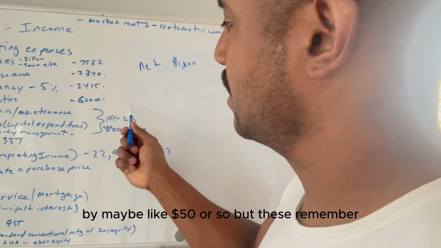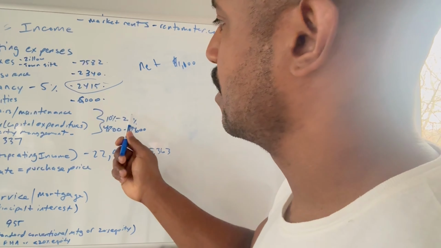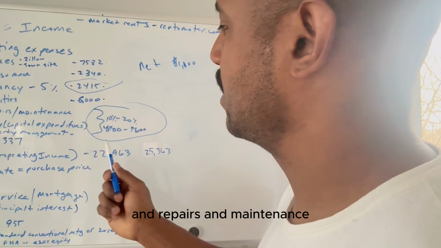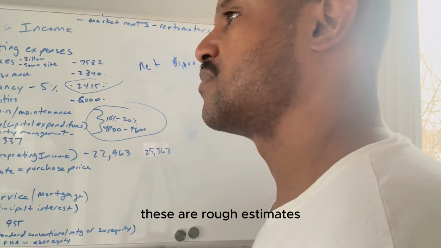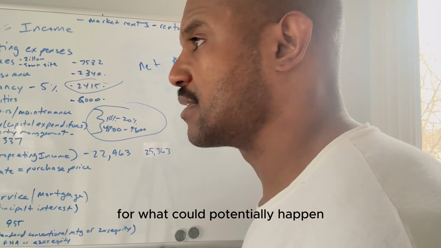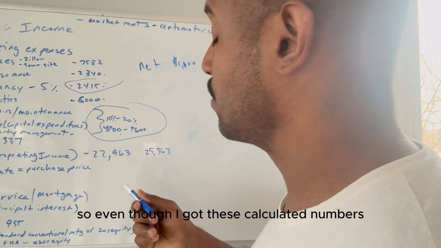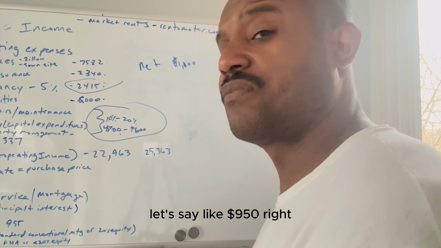But remember, these numbers are not set in stone. Vacancy rate, capital expenditures, property management, and repairs and maintenance are rough estimates for what could potentially happen. So even though these calculated numbers put our net income at maybe $950,